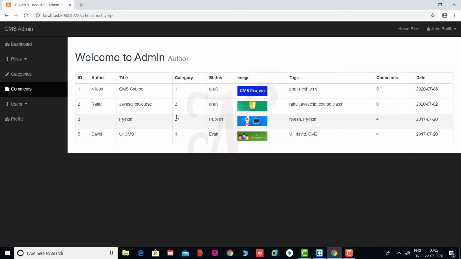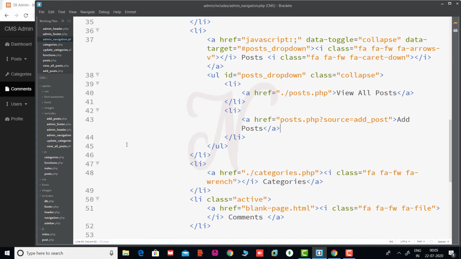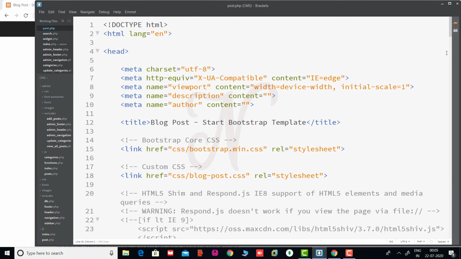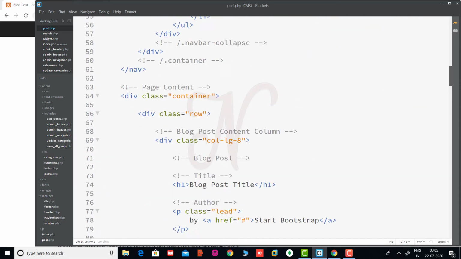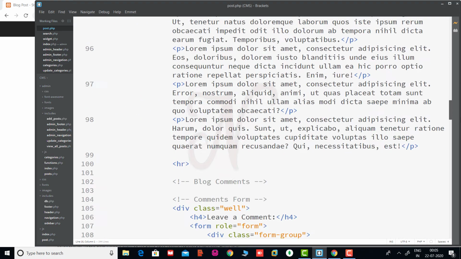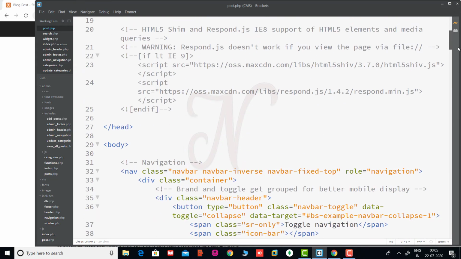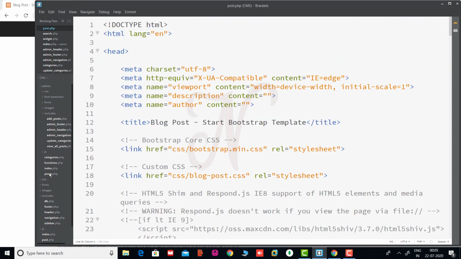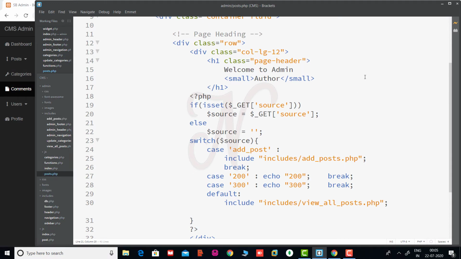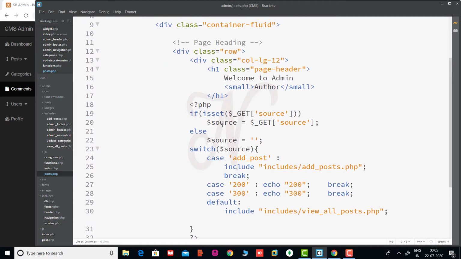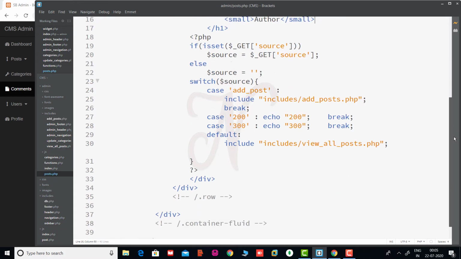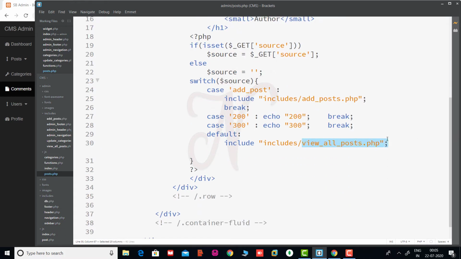Going to this post.php file, this is your table data, in the admin section. Here we already call one file, view all post.php.